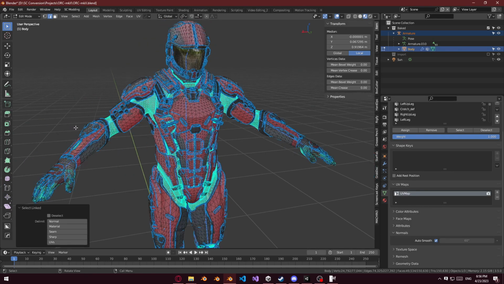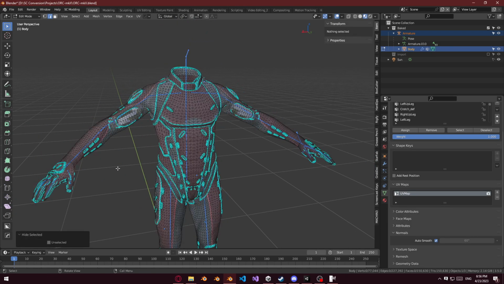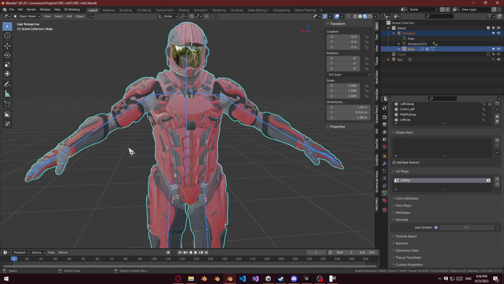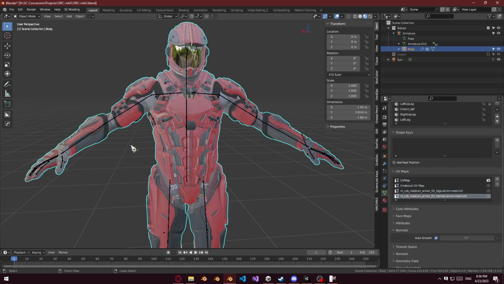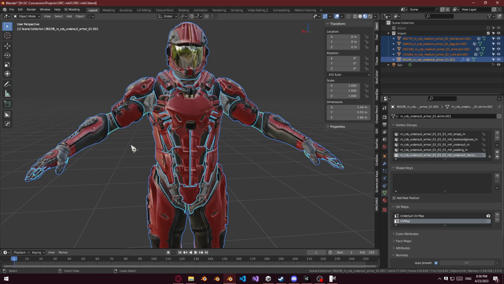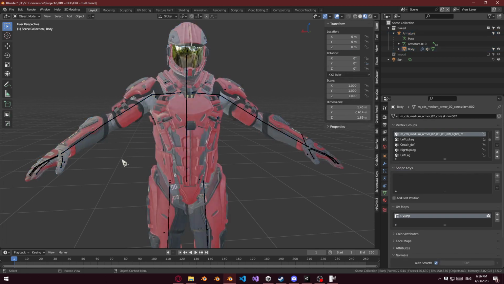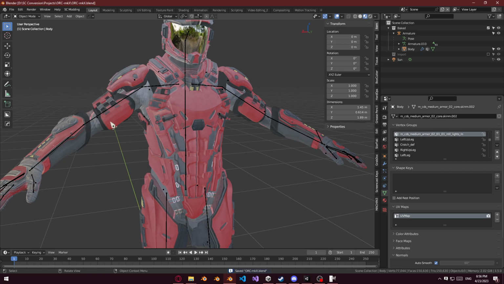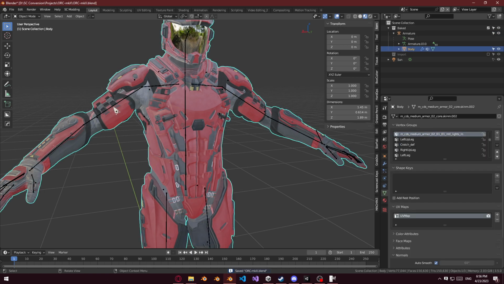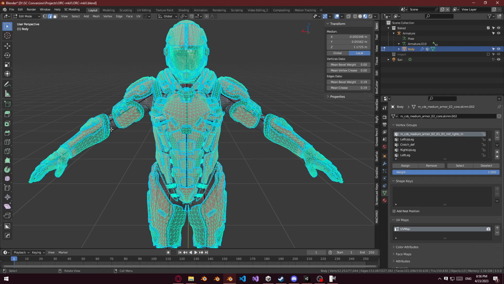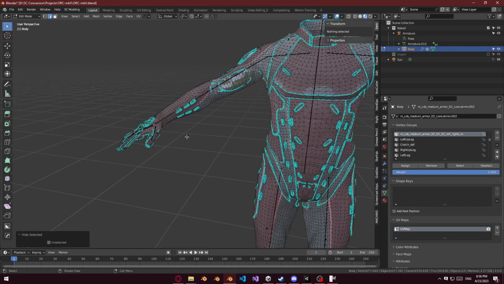Oh, I made a mistake. Gee whiz. Okay. That's fine. I can deal with it. I forgot that I merged them, and I started doing stuff afterwards. That's okay. I can edit the model with it merged. I just do this, invert, hide, and then